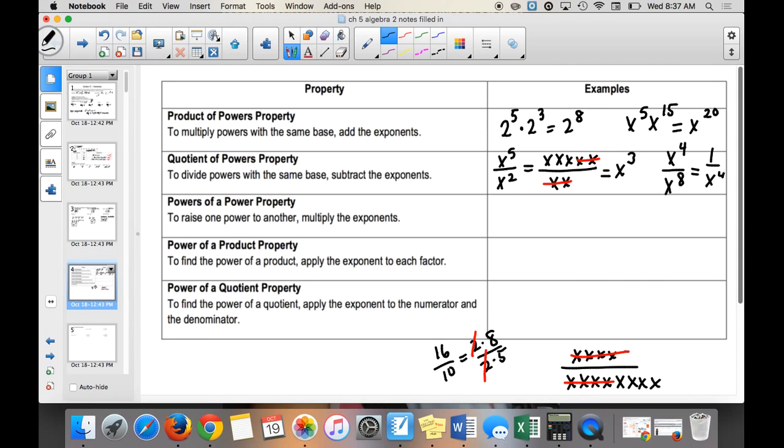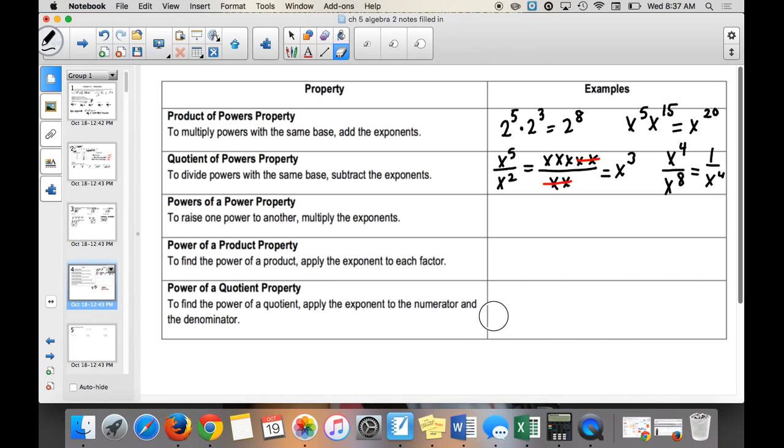Does that make sense? So that's how we're going to be doing that. Think of it in expanded form and then reduce out. We don't have to write it out every single time. All right, so powers of a power. If I have x to the 5th, and then I square it,